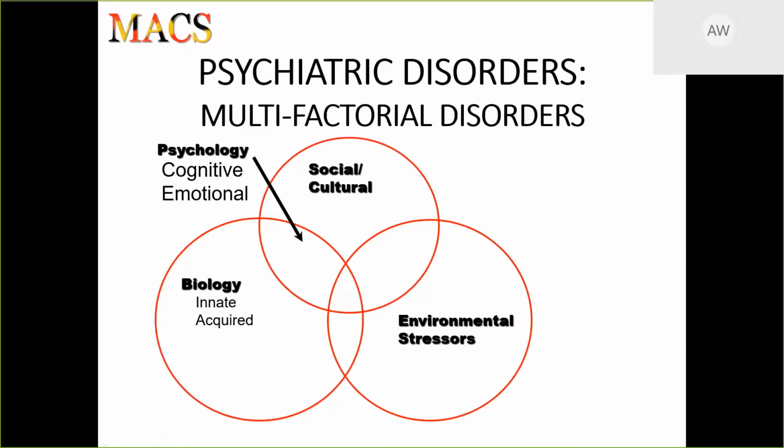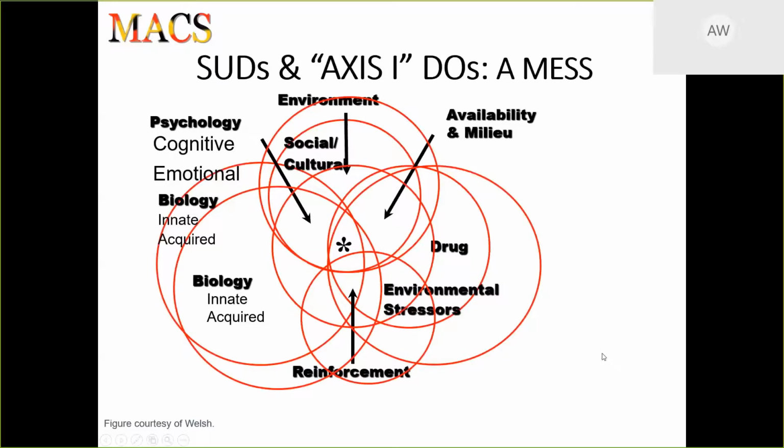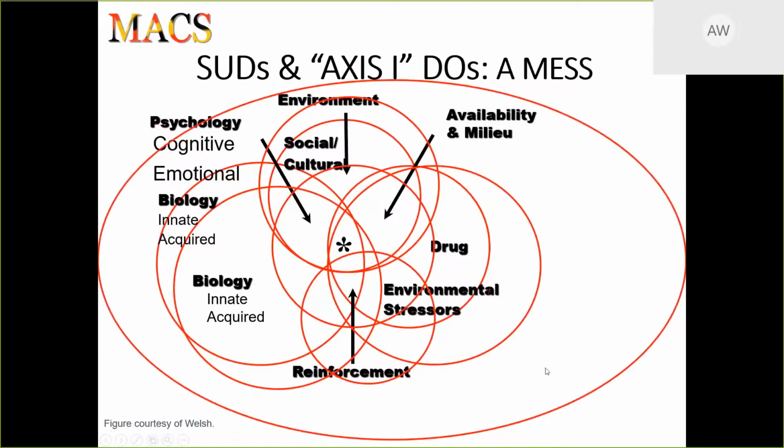So again, with substance use disorders and psychiatric disorders, we don't have blood tests for them. We don't have good other kinds of testing yet that we can use to look for these things. So you have these very multifactorial disorders, and as you start looking at our patients,